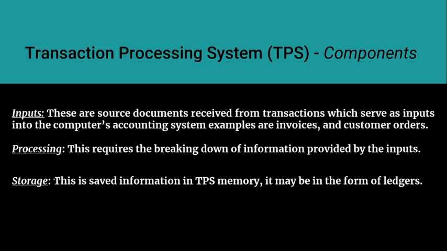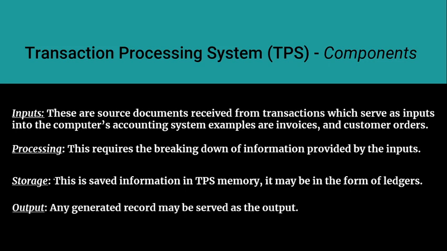After the input has been processed, it may either be stored or served as an output. If it's stored, then storage is another important component. This is the saved information in the transaction processing system's memory, which may be kept in the form of ledgers. And if the user wants it in the form of output,